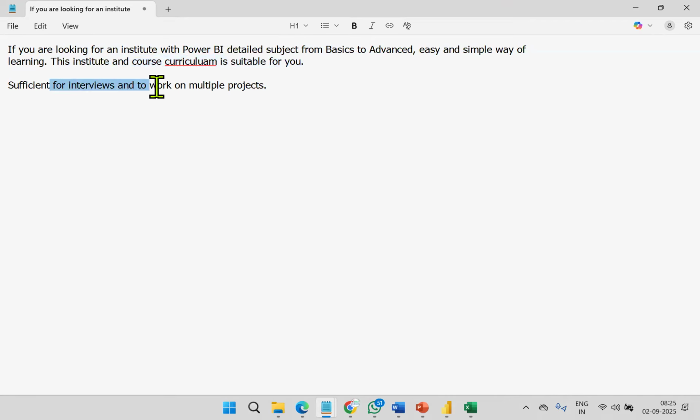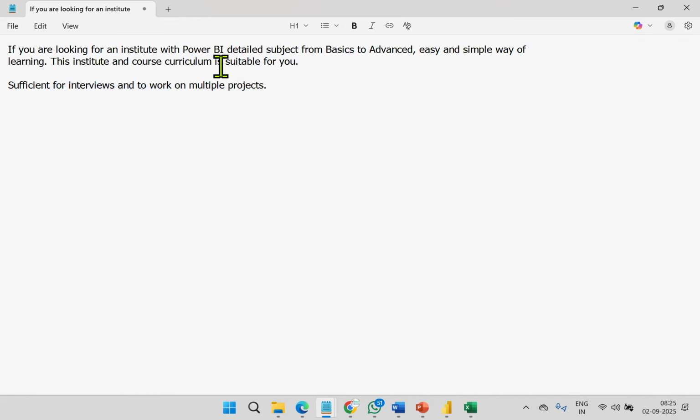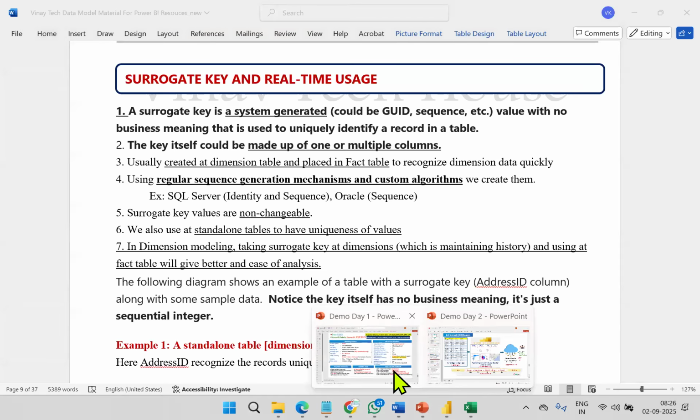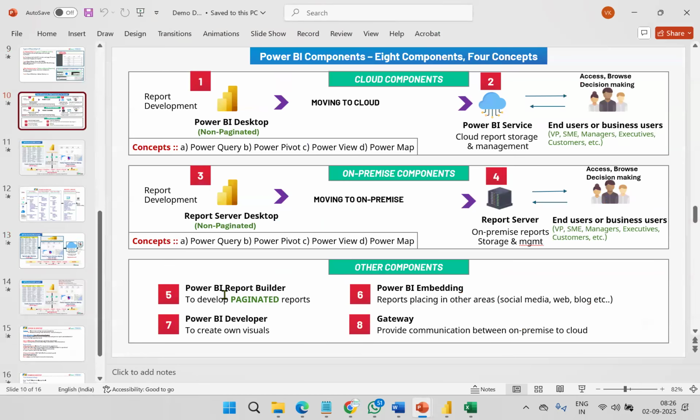Sufficient for interviews, guys, because the knowledge I'm giving is sufficient, and you can happily work in real time. It is mostly process oriented, and many institutions are not providing this content. Yes, there are a couple of people working in Power BI, but still they did not work on cloud. But I'm good at cloud. I will explain cloud. Cloud is mandatory. If you open any job opportunity, you see cloud. And 90% of institutions don't take the page-related reporting topic. You can ask your trainers, but it is compulsory. I will also take the page-related reporting concept, because job opportunities have this.